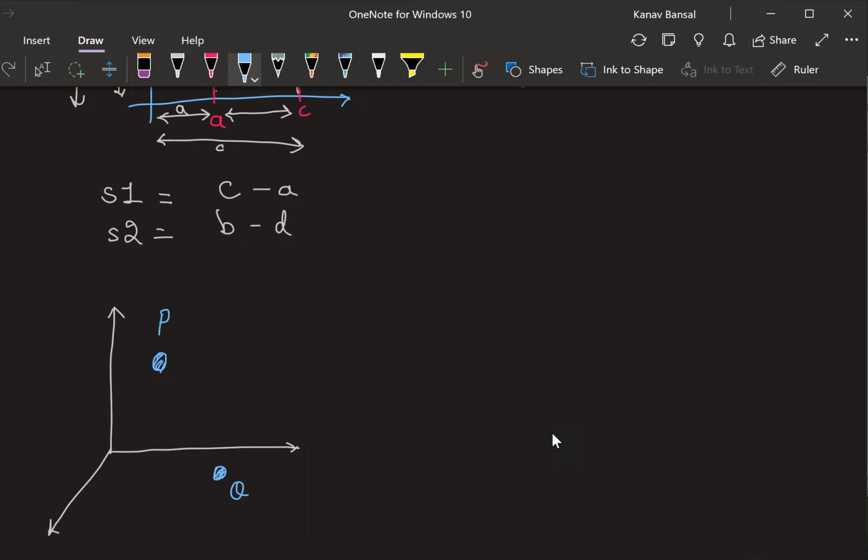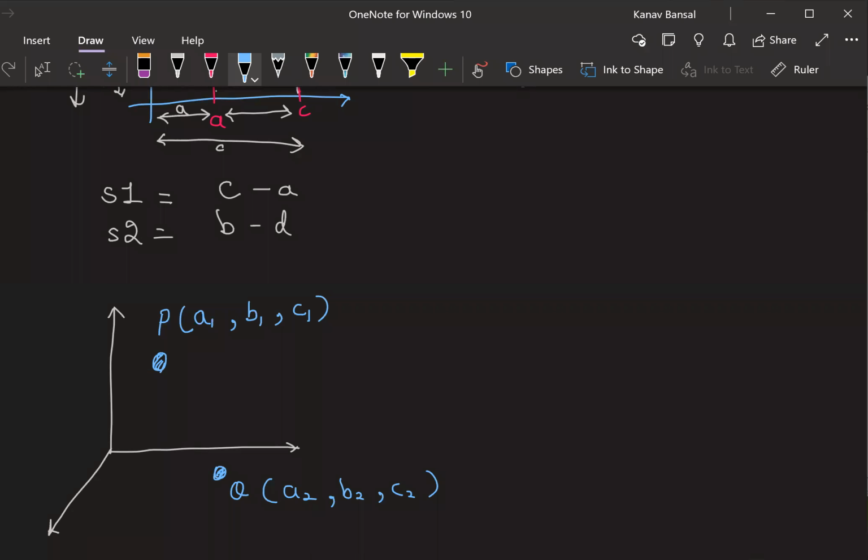Let's say this point has some coordinates. So how many coordinates will there be for this P point? Three coordinates, right? Because it exists in a three-dimensional plane, it needs to have three coordinates. So let's call that coordinate A1, comma B1, comma C1. Is it fine with everyone? I'm calling these coordinates A1, B1, C1. Similarly for Q, let's call it A2, comma B2, comma C2. Is that fine with everyone? Yes or no?